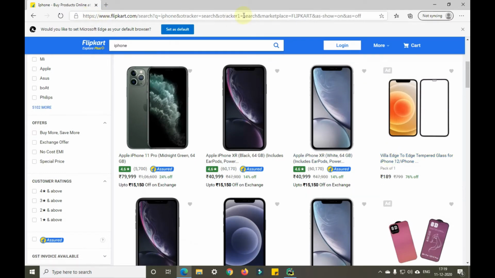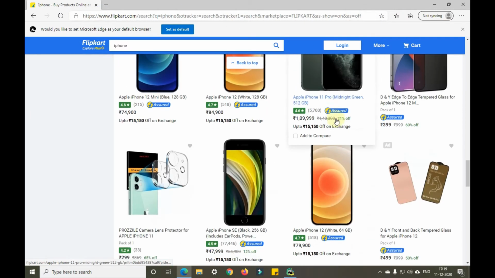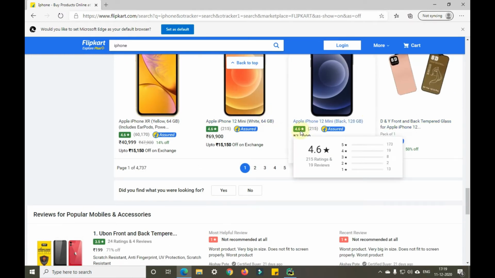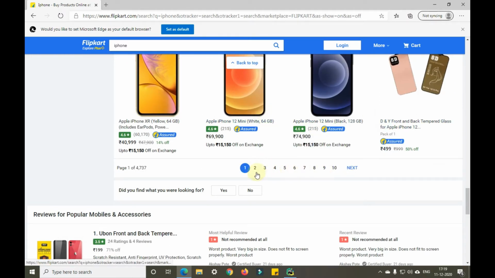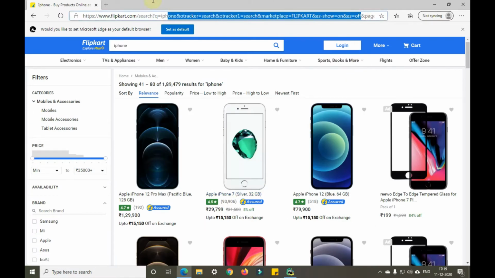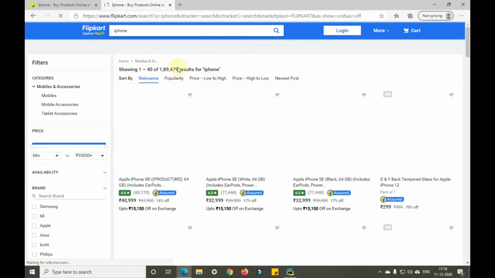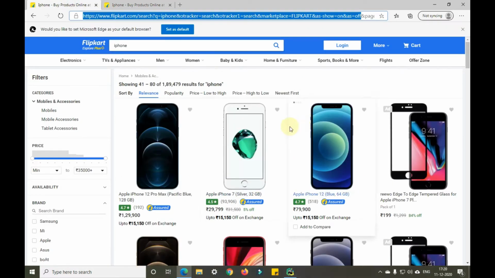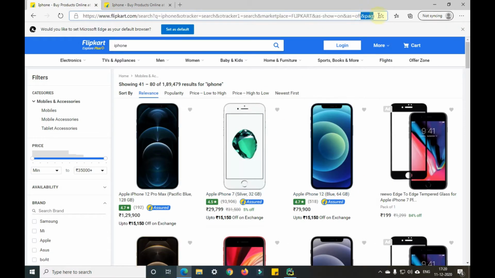After that, you can see this is the first URL that I've got here. When I scroll down, the contents of that particular page are completed, and I have the page numbers here. When I click on the second page number, you see the complete URL will be the same, and something will be added in the last. A page number will be added in the last, as you can see. The URL was till here, which gives us the first page. I'm copying it and pasting it here and showing you. So this is the first page that we already got. After that, the extra content that we have is page=2. So when we move to page 2, we got this particular thing.